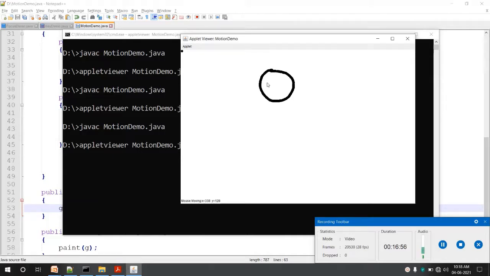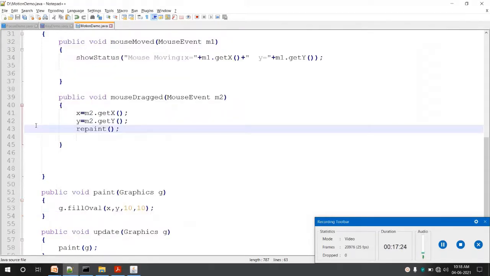So you can create any drawing by handling these events, the mouse drag event. You can create anything you want. So this is how we can handle mouse motion events by using the mouse motion listener.